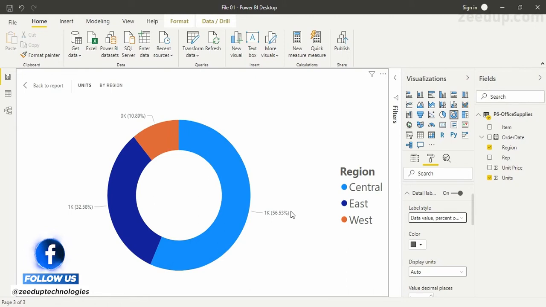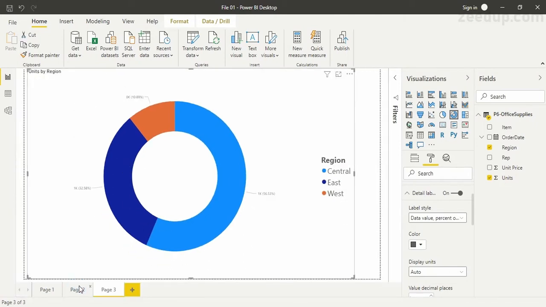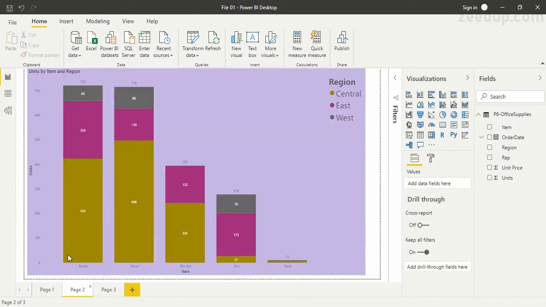This means that out of the total items that we have, 56.53% of the items or the units were sold by the central region, and it has 1k approximate number. Okay, so if you remember, or you can just go back to our report, here is our page 2, the stacked column chart. Here we have 424, 498, then 243, 27 and 7 units that were sold by the central